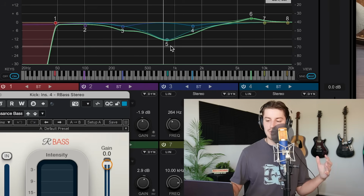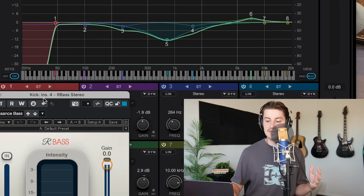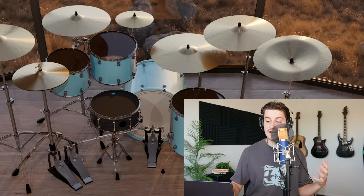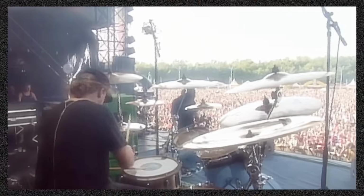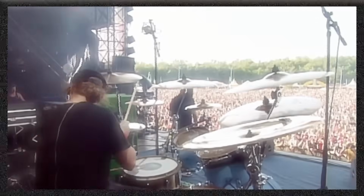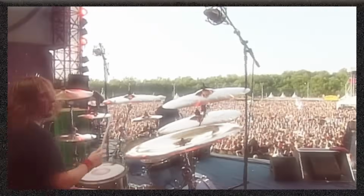But then I'm cutting all that boxy mid-range, boosting a bit of slap, and then enhancing the low end with R bass. They have a huge bassy kick on like every album, so just making sure it has that thump we need. So let's lay down a beat, and usually I fly through the drum programming, but this video is going to be different because Abe has such a live feel to his drumming, so human sounding, and that's such an important part of Deftones, so I want to make sure we take our time and pay full respect to